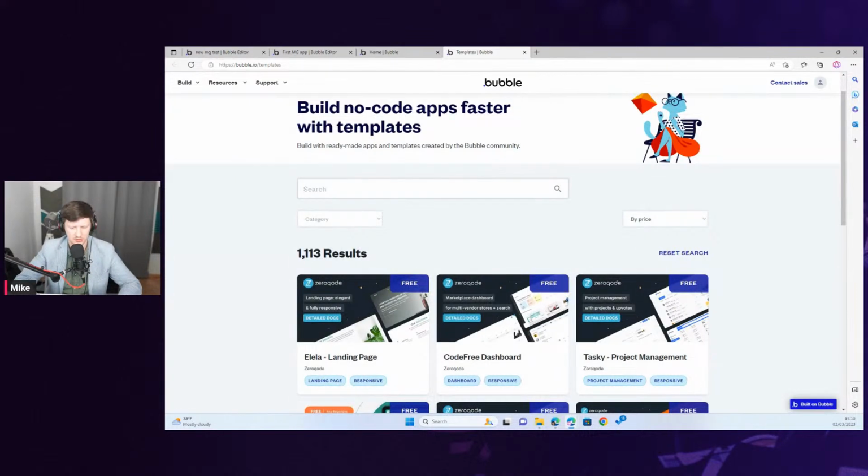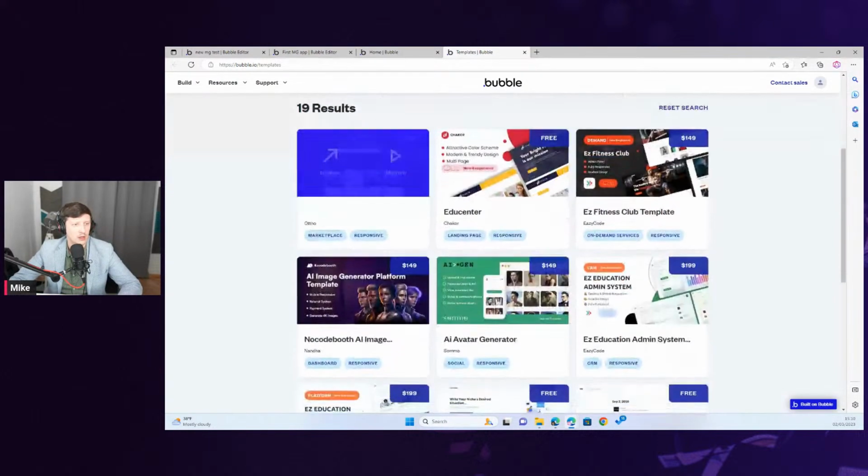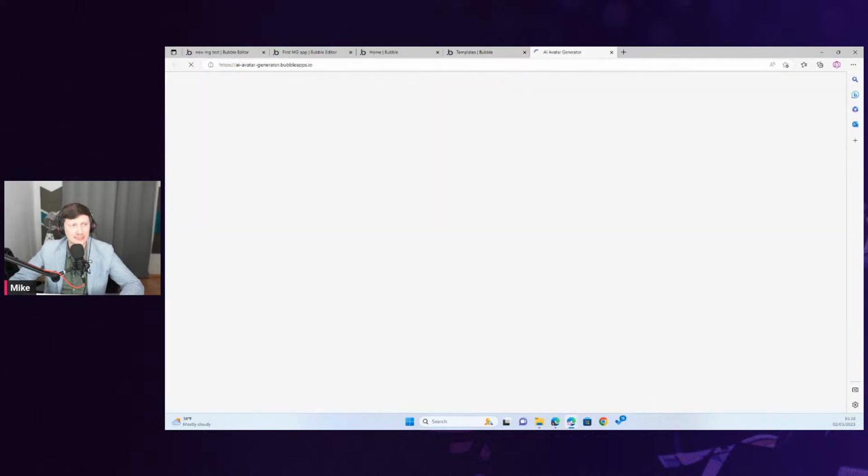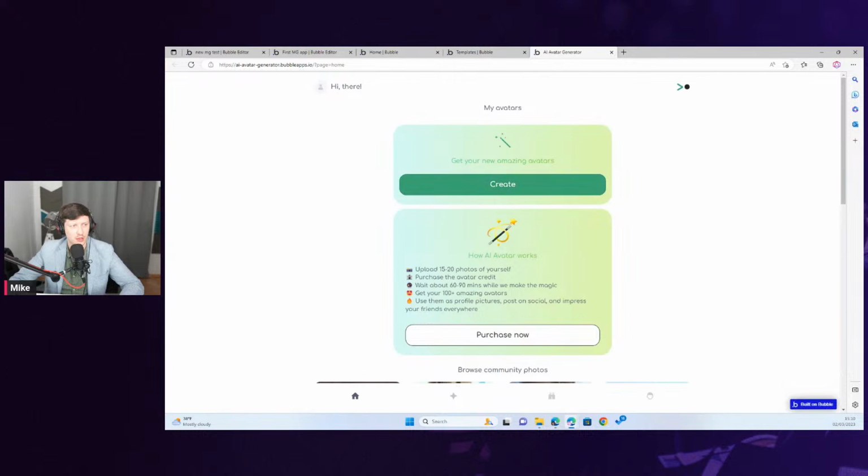Hold on. Some templates, trainings. And there should be, oh yeah, for instance, there is a template, AI avatar generator for $149. And you can just buy this template for yourself.